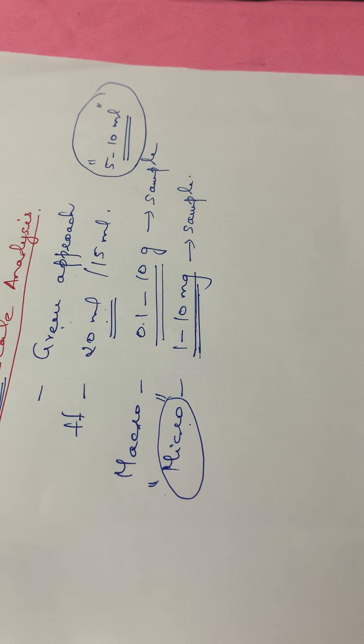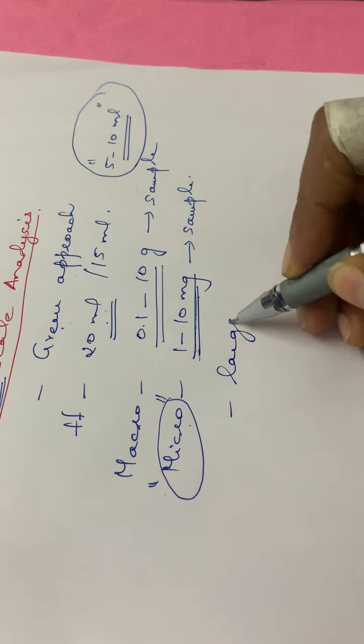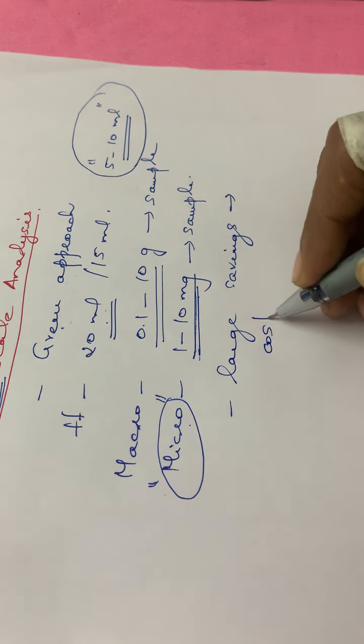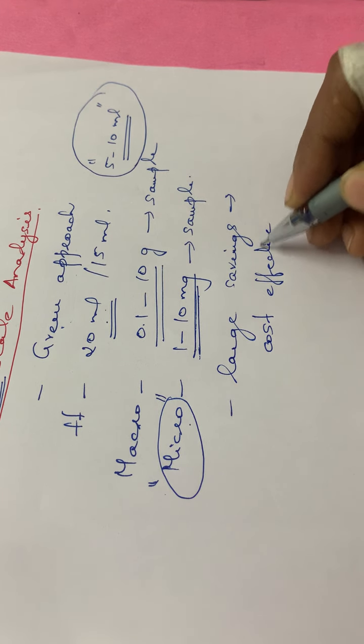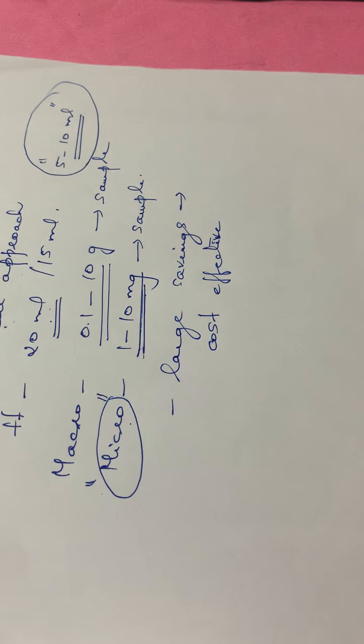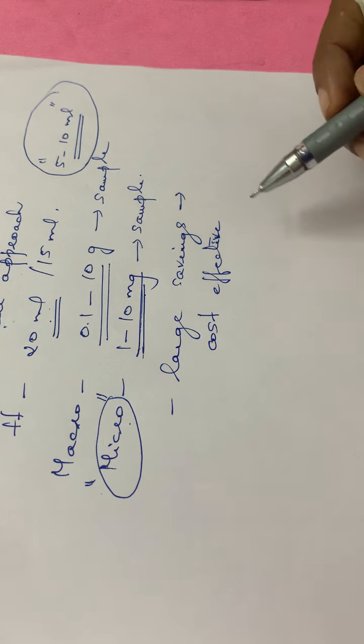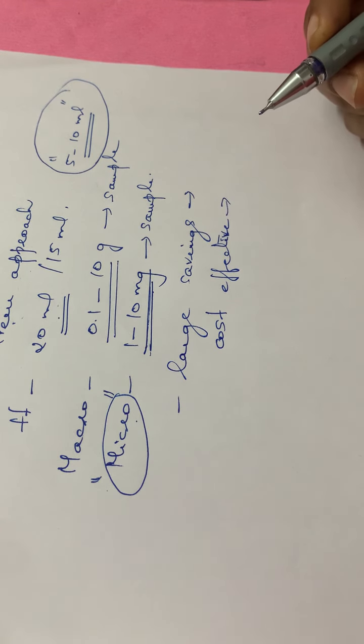But only the first time it is much more expensive. After that we will be saving a huge amount of money on chemicals, and also on test tubes, and on all the apparatus used in our lab. So we are saving a huge amount. Large savings will be there while we are converting from macro to micro scale. That means it is almost cost effective, and sometimes we can call it DIY. Sometimes cost-effective methods can also be adopted.